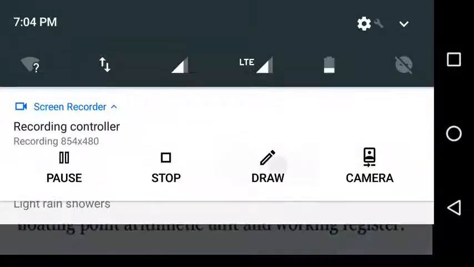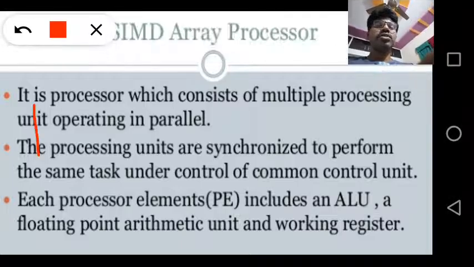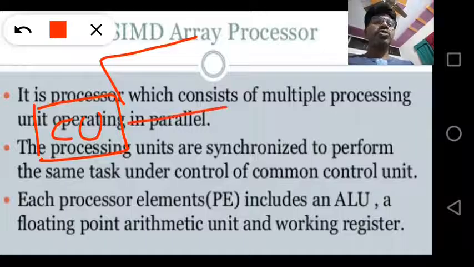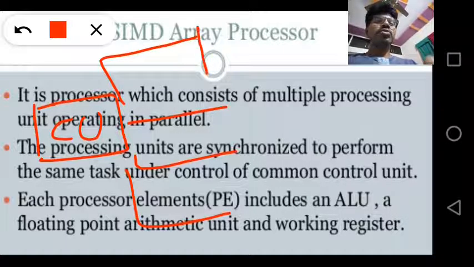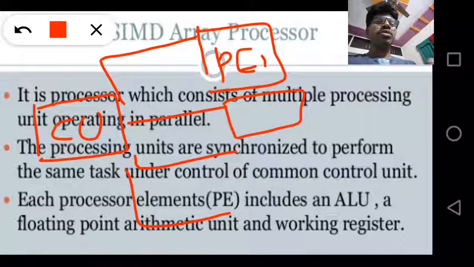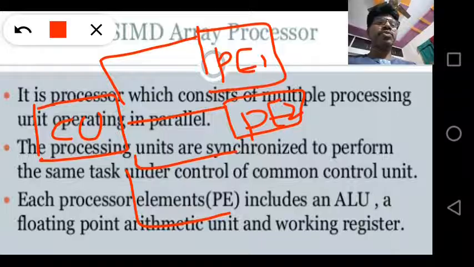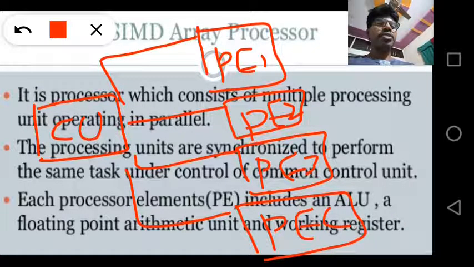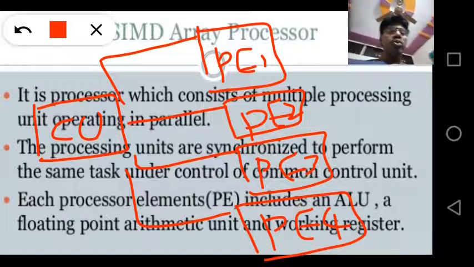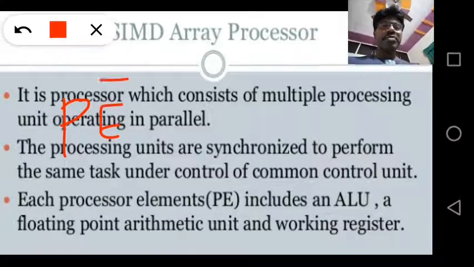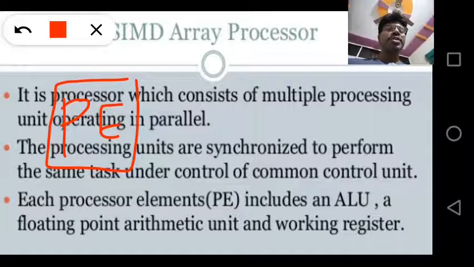So this is my control unit. There is only one control unit. Let's assume there are processing element 1, processing element 2, processing element 3, and processing element 4. So what happens, for each processing element, PE stands for processing element, it contains